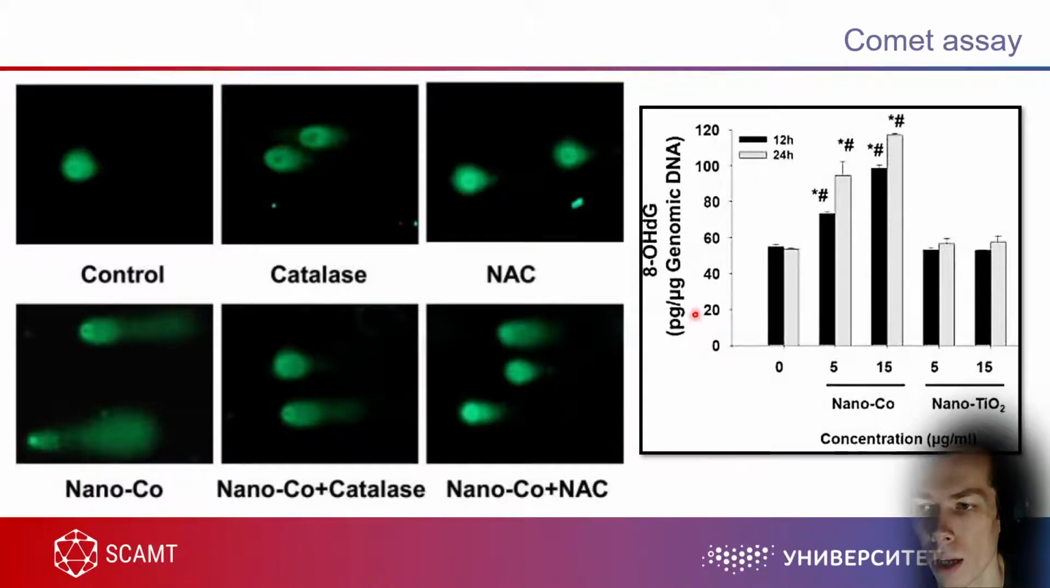And again, what we see here is that according to 8-OHdG staining, there are a lot of oxidized products after interaction with nanocobalt particles, increased twice compared to control samples, so titanium dioxide particles. And the comet assay test, the basic principle is that you stain your DNA in your cells, and then you put